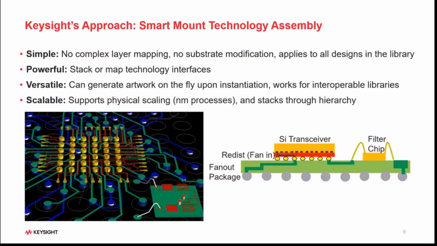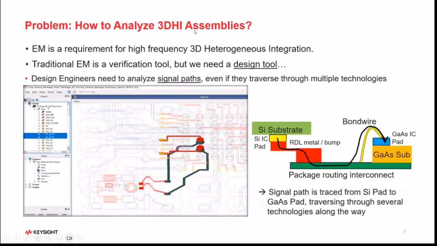But as you talked about, this is fairly unique, and it's just a simple drag and drop to combine your designs. You can change layers on the fly, change how they're mounted, and again, I'll demo this live in just a couple minutes here. The second problem you start to get into with these heterogeneous design flows is